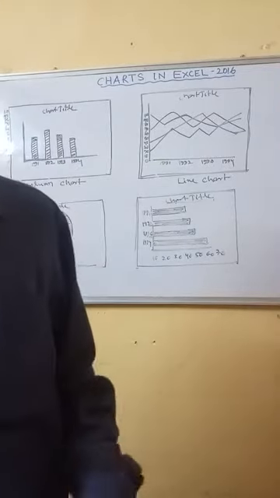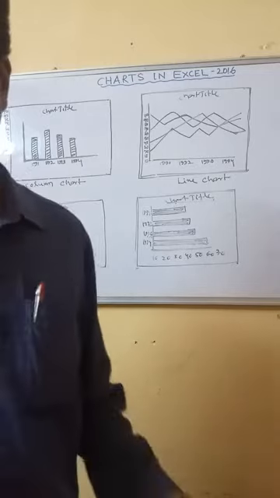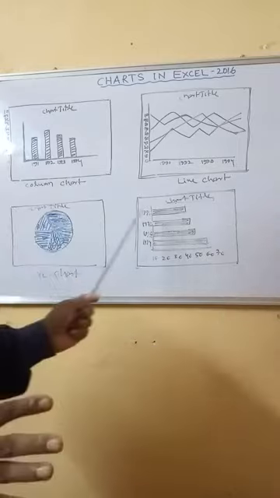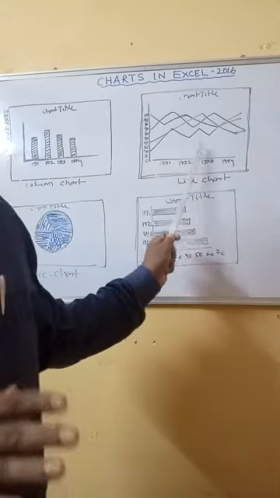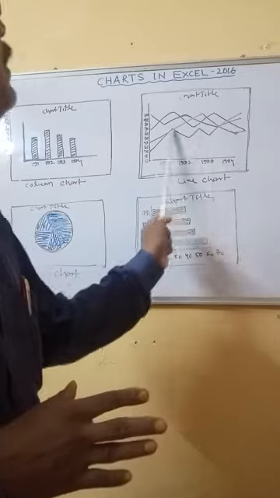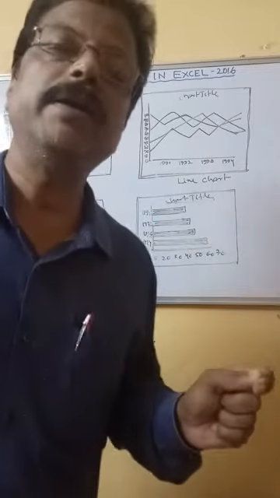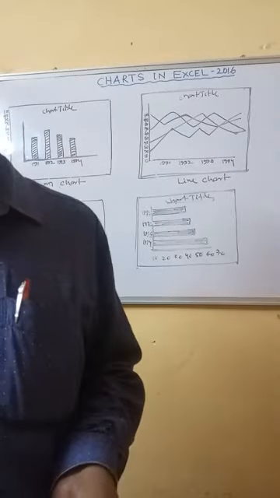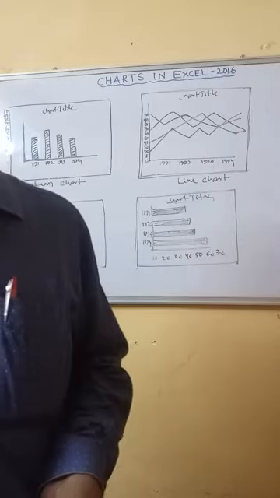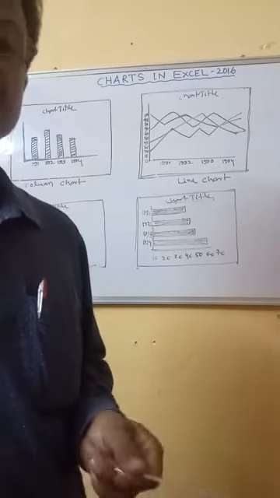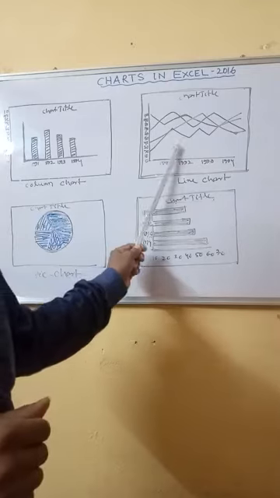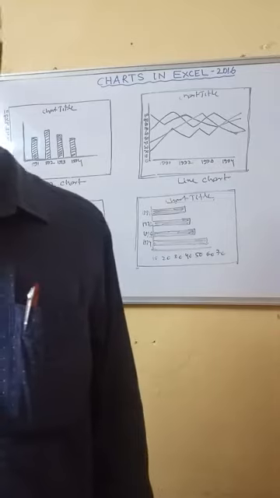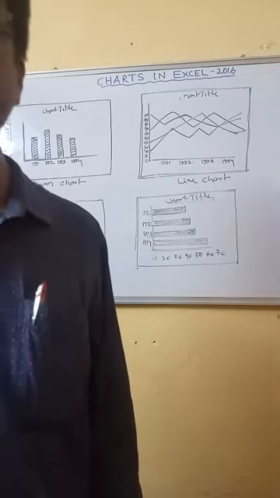The area chart is an improved version of your line chart. Here, individual lines only are represented, but there you have to color it. You have to shade it, and this shows the trend of values over time by category, and it is similar to the line chart. As I told you, this is similar to the line chart. And this area chart emphasizes the difference between several sets of values over a period of time.